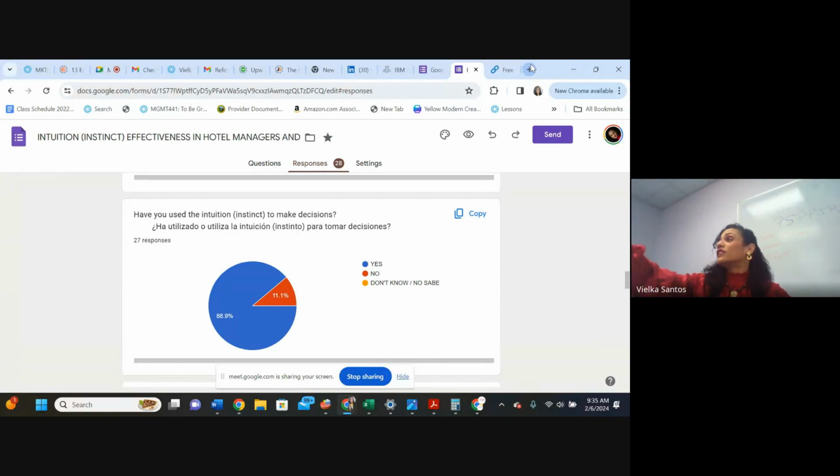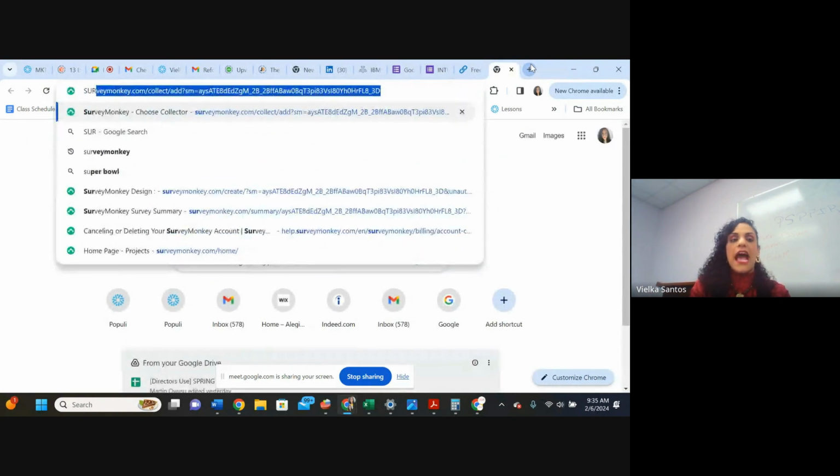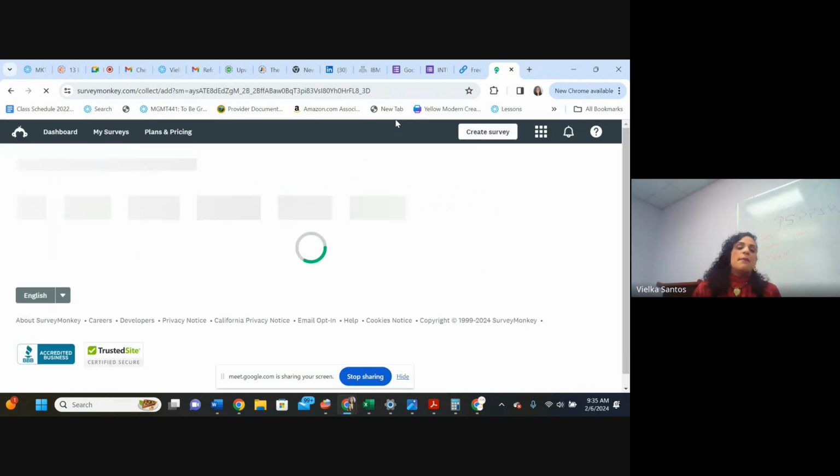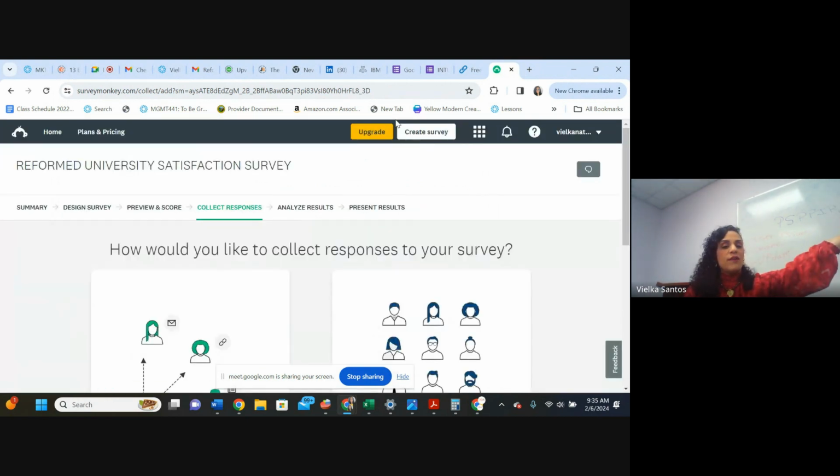So another not $0 tool, but something that I want you to see as a substitution for Google Form, is something I always mention, SurveyMonkey. I like this too much. It's not $0. They will ask you for payment if you want to use it in a proper way.